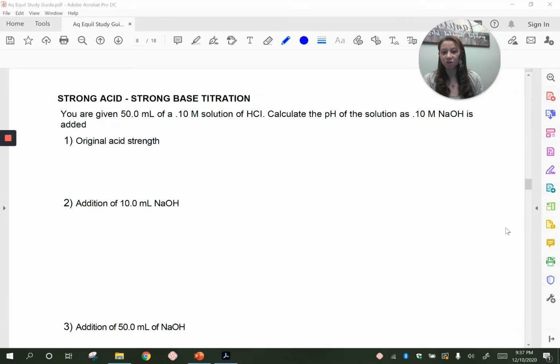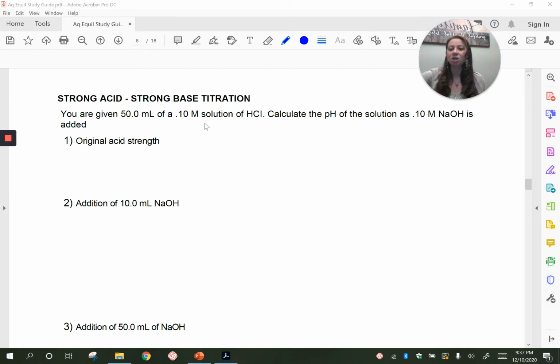Today we're going to start calculations with titrations, and we're going to start with strong acids and strong bases. So we are going to use HCl as our strong acid and NaOH as our strong base. We're going to use 0.1 molar of each, and we're going to start with our flask having some HCl. And we are going to put our NaOH in our burette and slowly add some NaOH to it and see